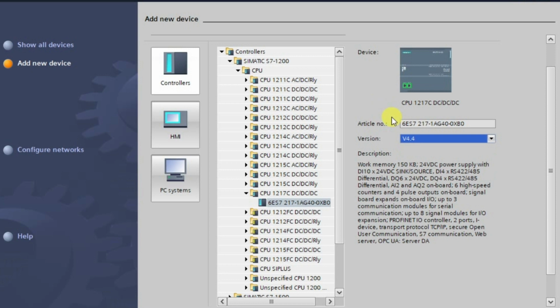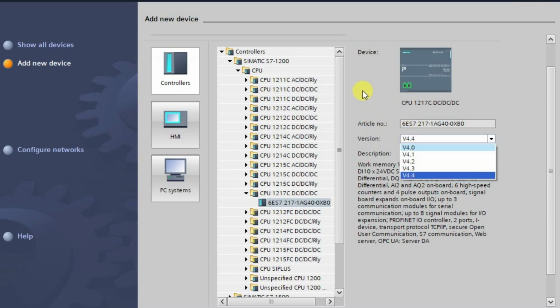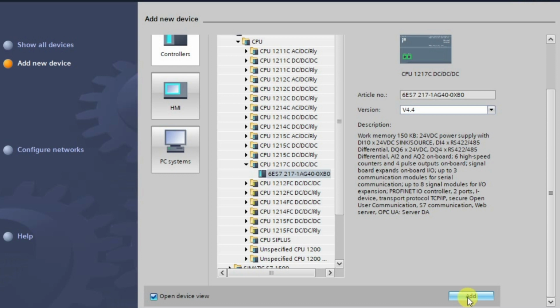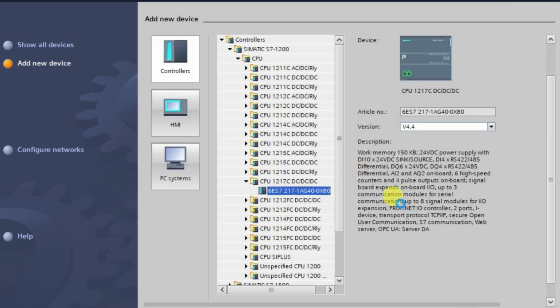Now this is the article number for that CPU. After selecting this PLC, we'll just click on the add button, which will add our PLC to the project.